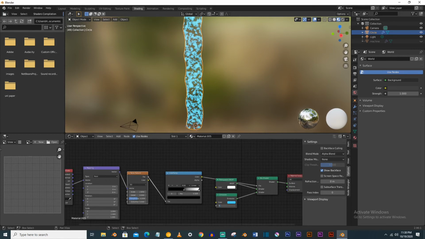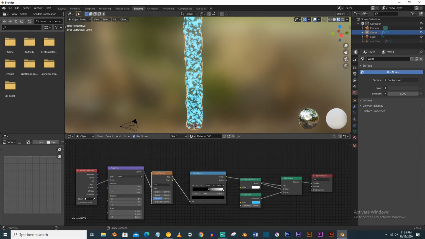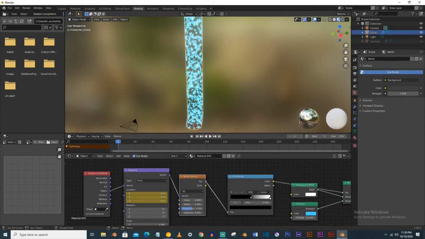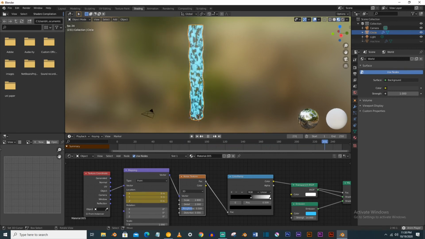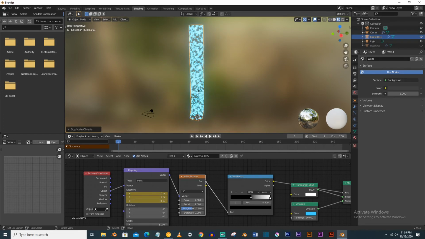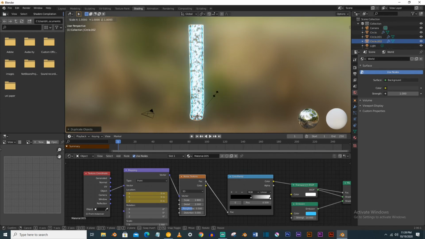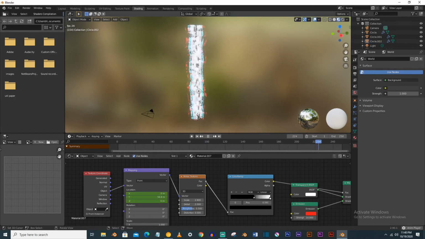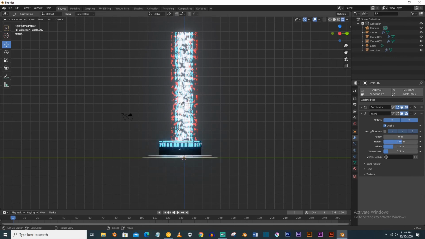You have to make 3 copies of it, and also you have to animate on the y-axis, so we will just add 2 keyframes, one with value of 0 and the next keyframe at the end with value 100. Now just make a duplicate of it and scale on the z-axis, change the color to white, make another copy and give it a red color, give the dark value more, and it will look like this.